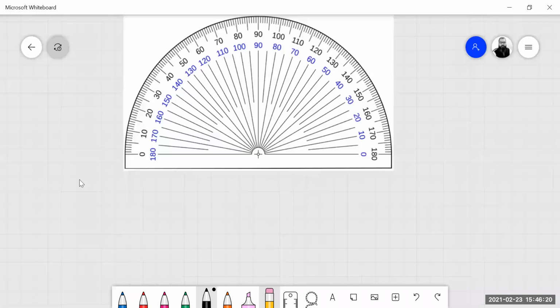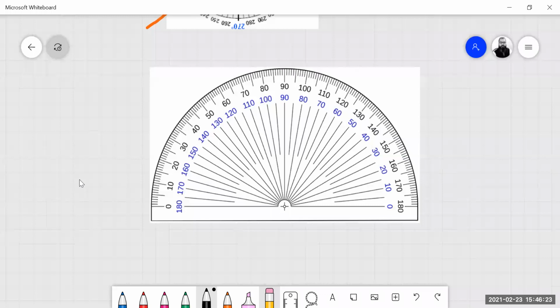Okay, this is the protractor you have, and you want to draw. Here is the point. This is a line. From this point A to this B is 0 degrees. You should put the protractor point on A. Now, if we want to measure 30, question number 2, A part. Use a protractor, 30.